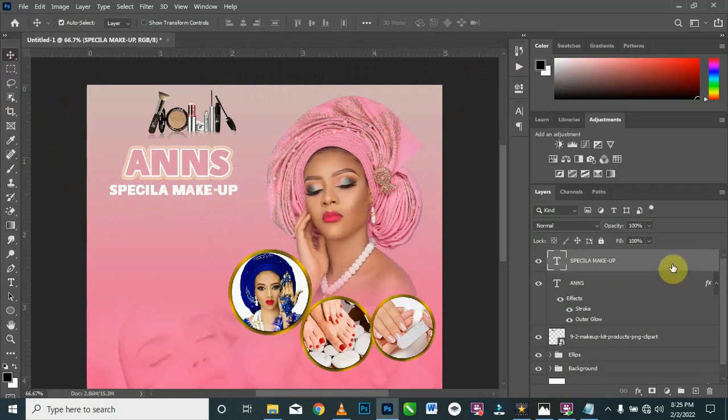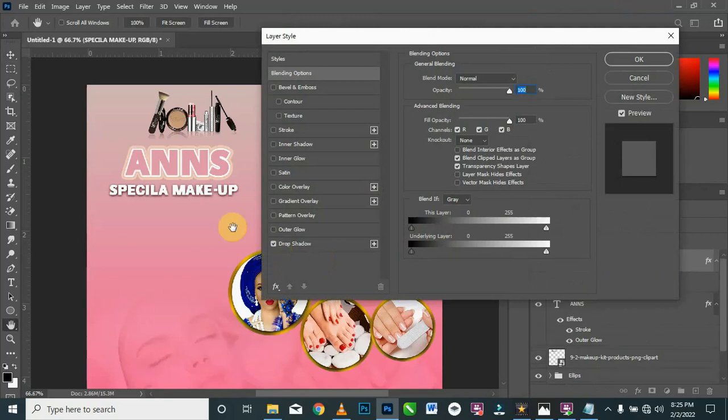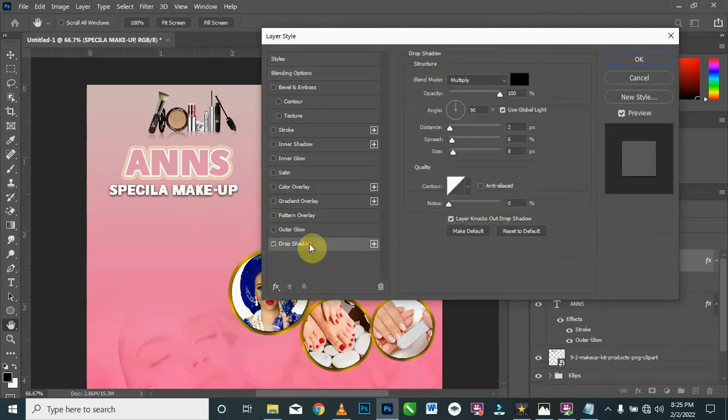So I'm going to right click the makeup layer here and then come to blending options, and then I'm going to come for this drop shadow here. So as you can see, it has given this thing a shadow. But if you don't like the shadow, you can double click the drop shadow layer here, and then it will open the property bar for you. So I just give my own distance is 2, spread is 6, and then size is 8, and then that is it. You can if you want to go with my settings, fine, you can go with it,